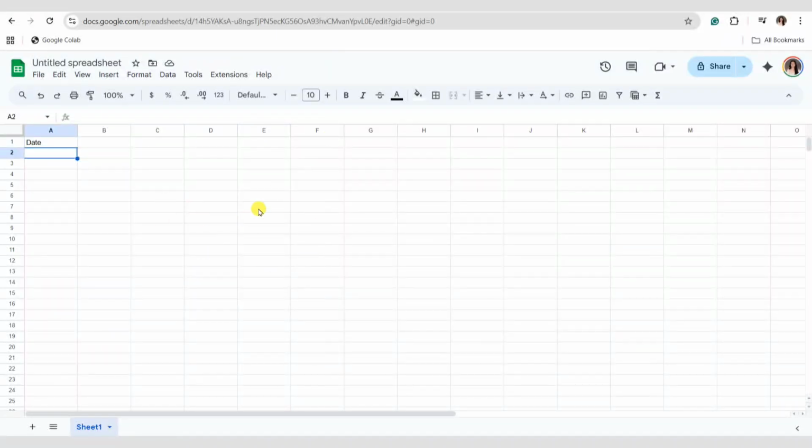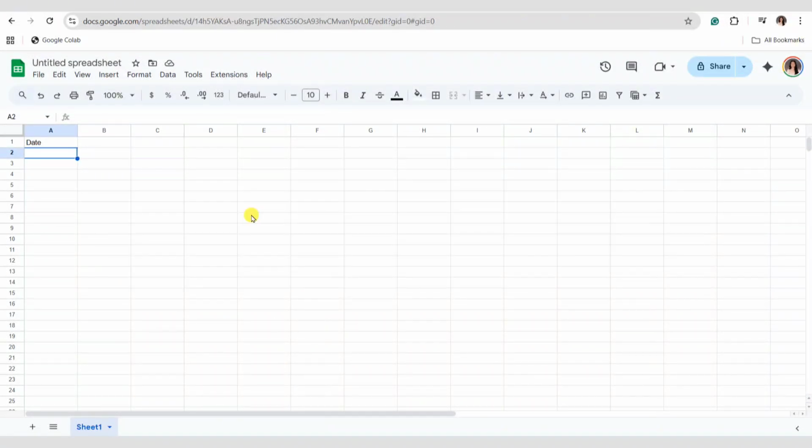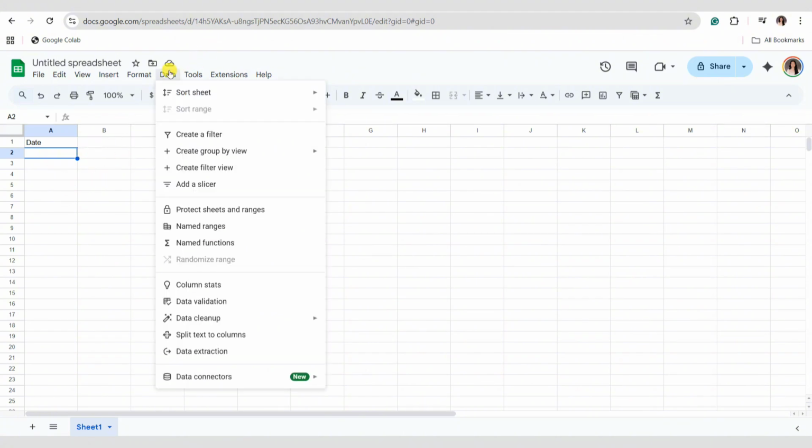In this video, I will show you how to add calendar to Google Sheets. So to get started, go ahead and open Google Sheets and then create a spreadsheet. Now in here, go ahead and click on the data button at the tools section, and then under that, go